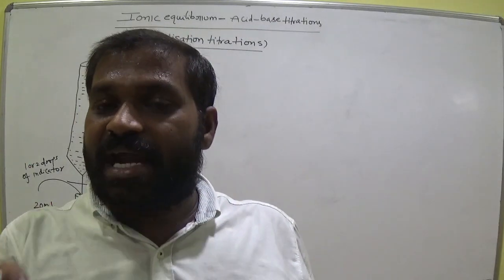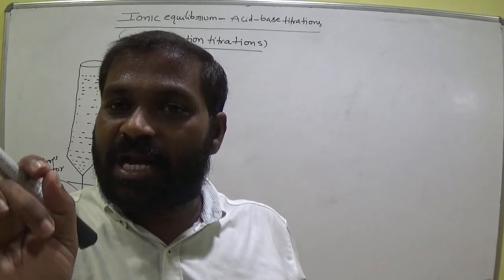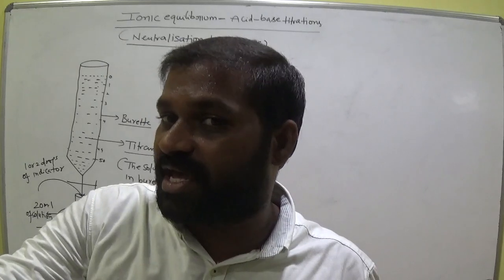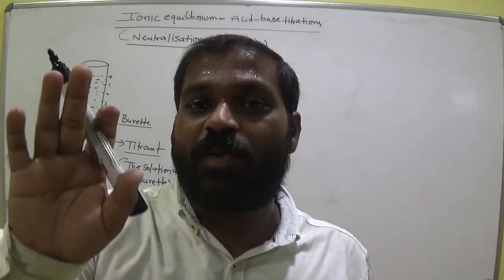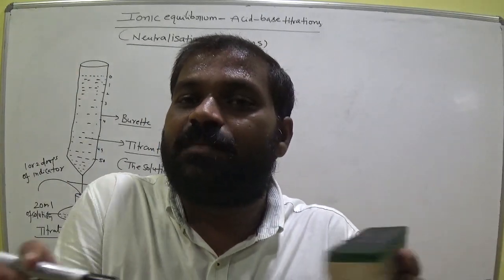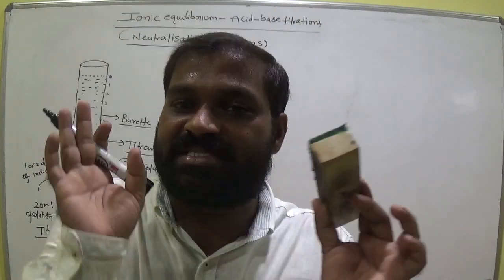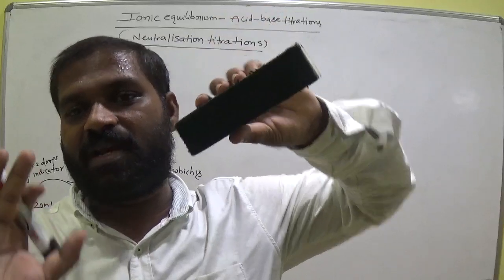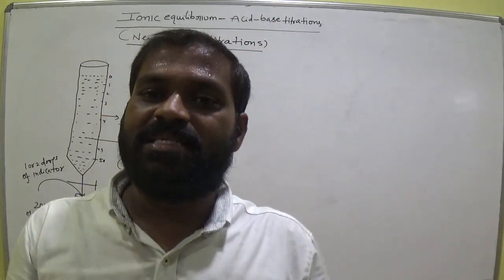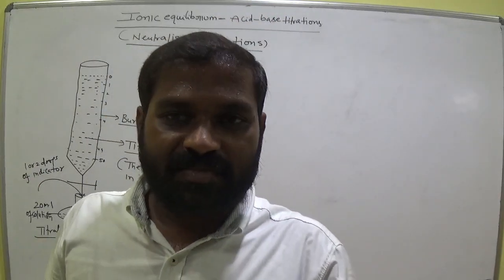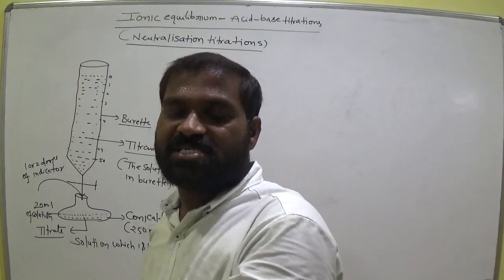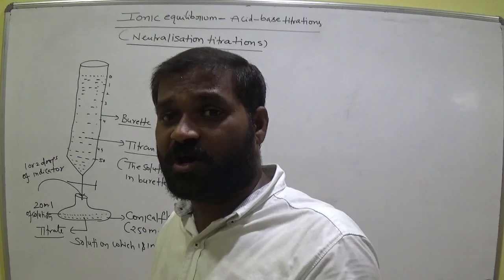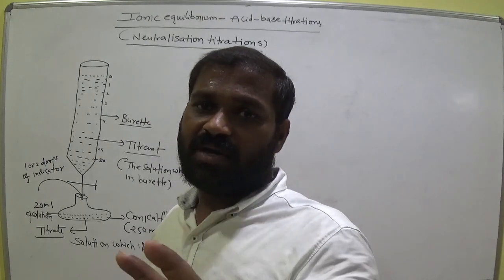The point at which the color of the solution in the conical flask suddenly changes is called the end point. That means the reaction is completed between acid and base. Okay, suppose 10 ml of acid exactly reacts with 10 ml of base, then it is neutralized. Okay, is it clear, ma? This phenomenon is called titration. In this method we are able to calculate the concentration of the unknown solution.